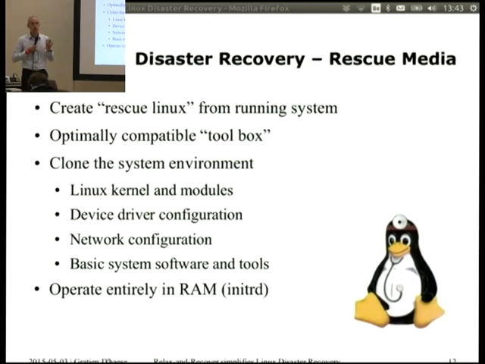When the boot image boots, you can have the same IP address as the source. You can use DHCP. You can define your own IP addresses. You can redefine it. There are several ways to make that happen. And everything is done in RAM, so in the initial RAM disk. So that means that the rescue image is running in RAM, and all your disks are then free to use: to partition, to make the file systems, mount them, and make it ready for the restoration of your data.